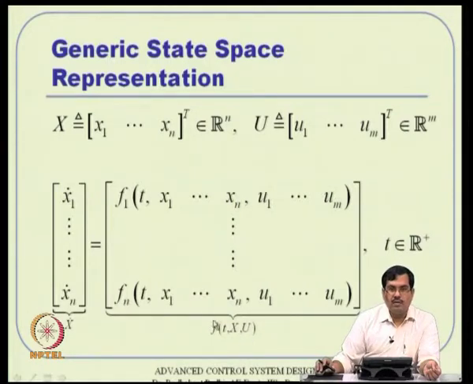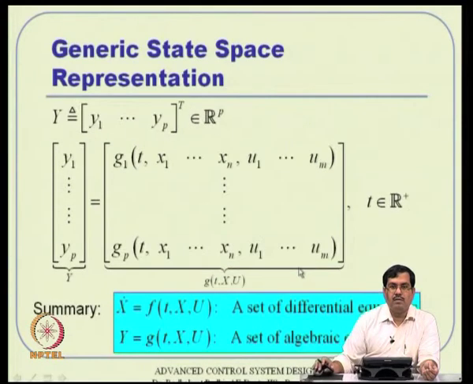So, in a vectorial notation, x dot is nothing but f of t, x, u. Remember, when you talk about this f, we will still write small f, assuming that it is still a vector. There are reasons for that. The moment you write big F, there are notations of the vector becoming a matrix. So, we will still use a small f all the time. So, x dot is equal to f of t, x, u. That is the generic function, the state space representation for any nonlinear system in general.